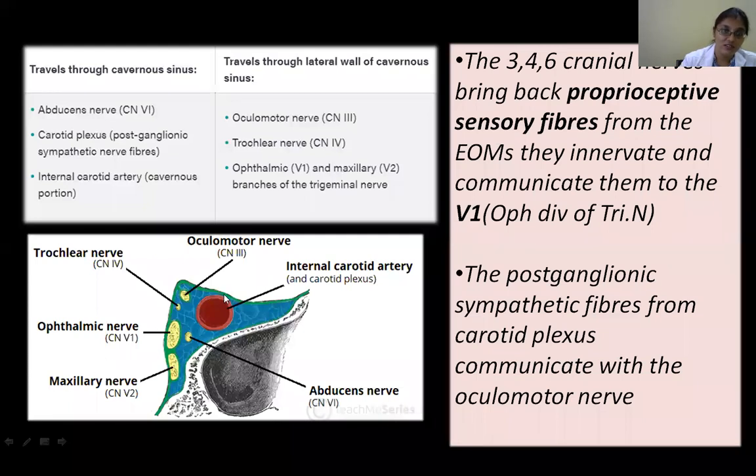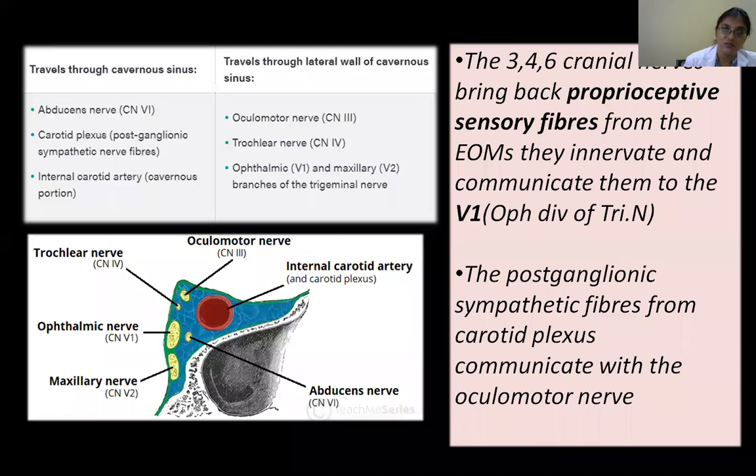So the blood vessels here, this is an internal carotid artery, which is surrounded by a sympathetic plexus of nerves. But the oculomotor nerve is going up to your intraocular muscles. So there will be some sympathetic fibers that just jump onto this nerve. It's just like you're going on a highway and you offer a lift to somebody. So this nerve says, okay, fine, you can come along, I'm going to the same destination. So the oculomotor nerve also carries certain fibers towards the intraocular muscle, dilator pupillae, or to the other blood vessels.